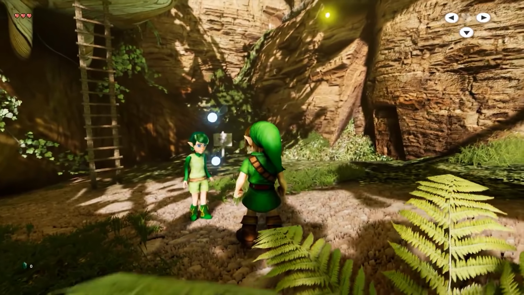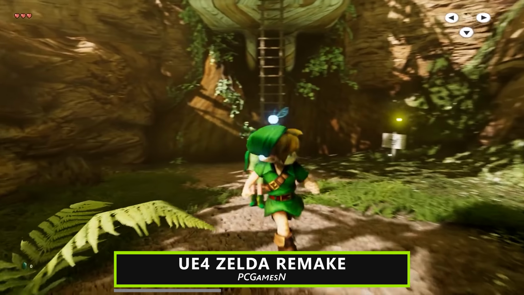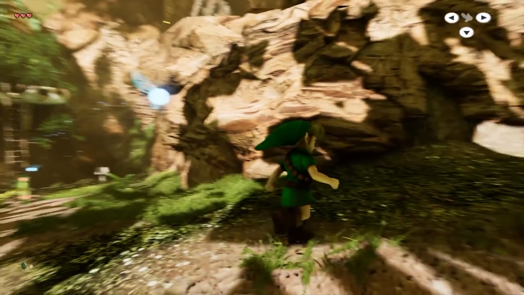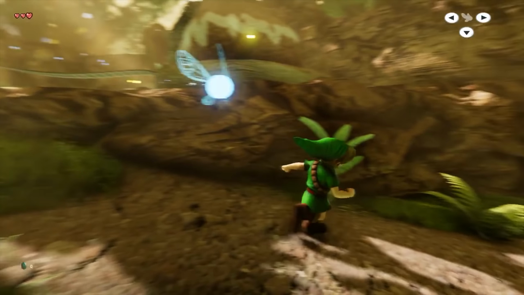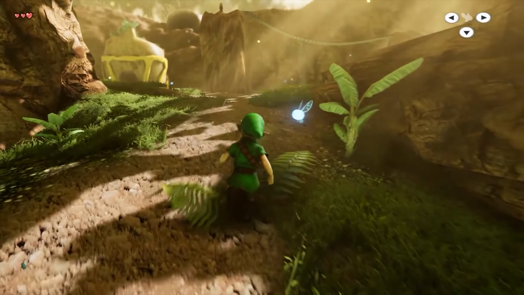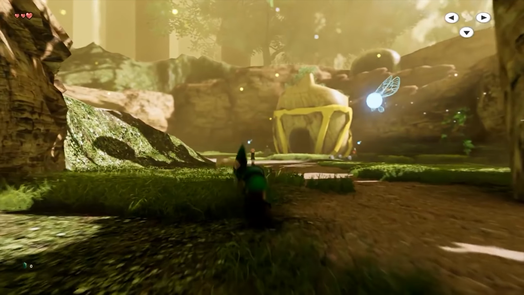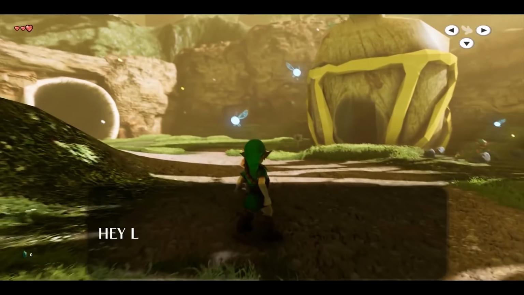A fan-made remake of the classic Zelda game Ocarina of Time is now playable. The entire opening of the game, including its first dungeon, can be played from start to finish, all in the glory of Unreal Engine 4. The remake's developer CryZenX has been working on it for years and the efforts show. While certainly not as polished as a proper Nintendo release, the remake offers an interesting take on a modern version